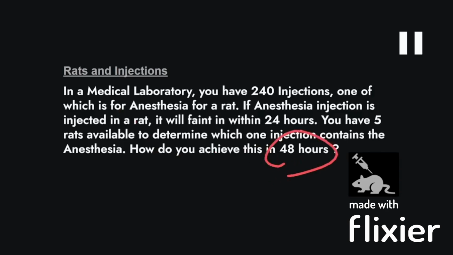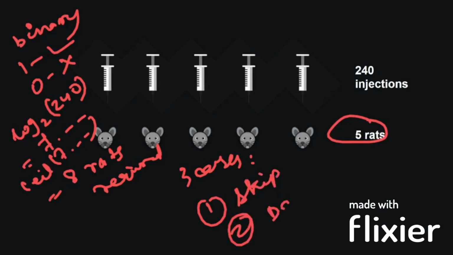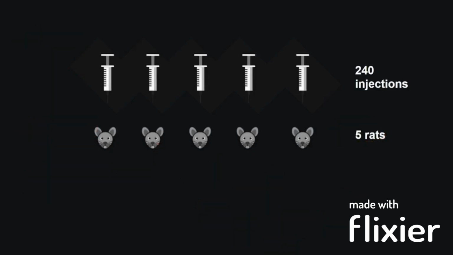Here we might have missed the fact that we have 48 hours given instead of 24 hours. So we can use this for solving, and therefore we can make 3 different cases. One is entirely skip the rat, second being inject the rat at the beginning of day 1, and third being inject the rat at the beginning of second day. We'll represent each of them by the numbers 0, 1 and 2 respectively.